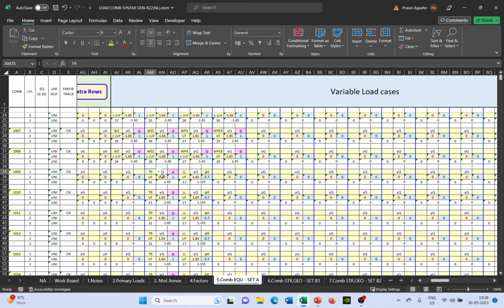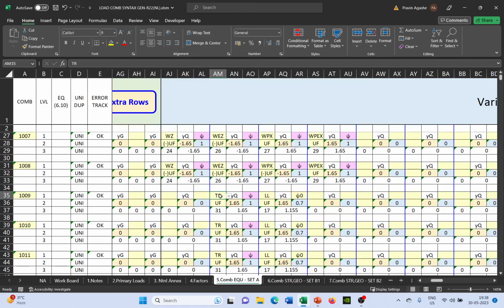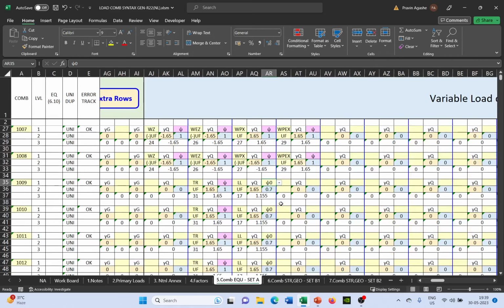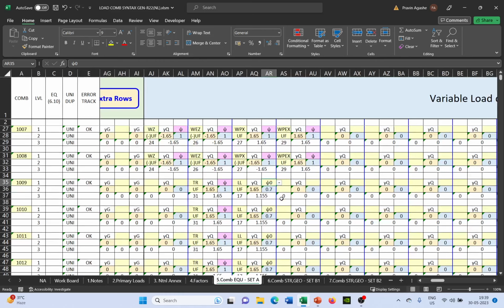Now you can see here this tr is the variable load, and in this particular combination 1009 I have made this temperature rise the leading variable, and the live load is another variable which is an accompanying variable, and since it is an accompanying variable, the xi0 value is selected. So this way, for all the permutation combinations, it is in the user's hand to define and make sure that all the combinations are properly defined, and